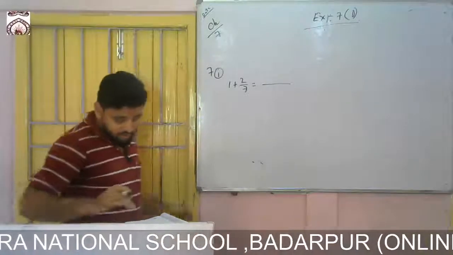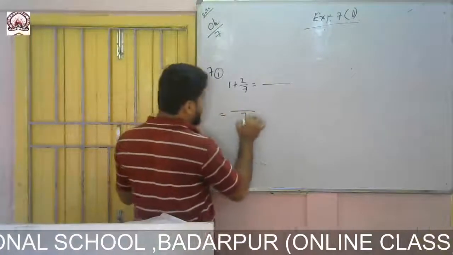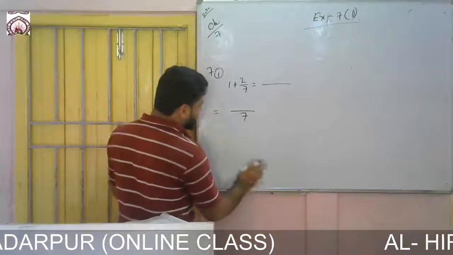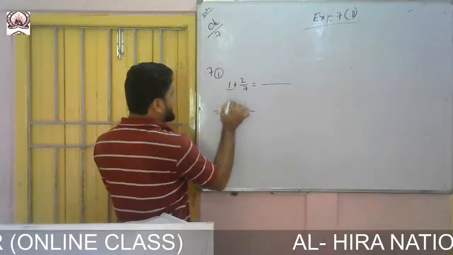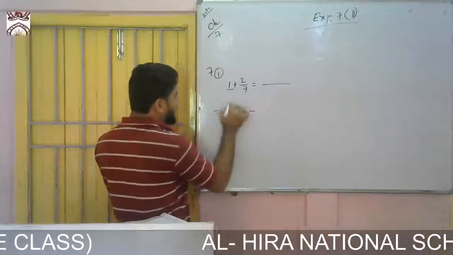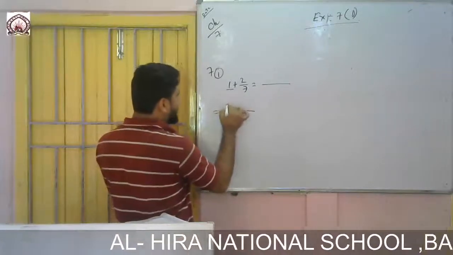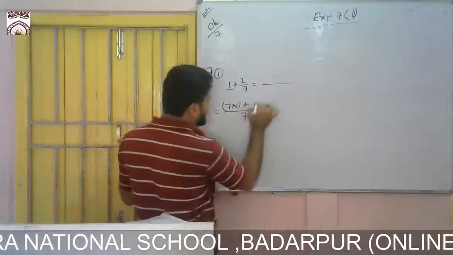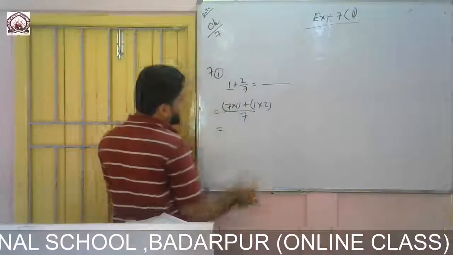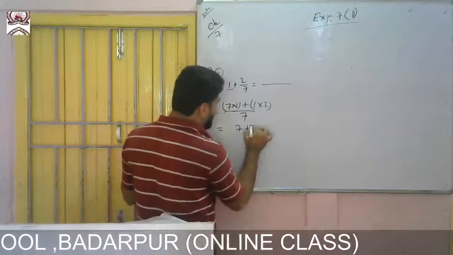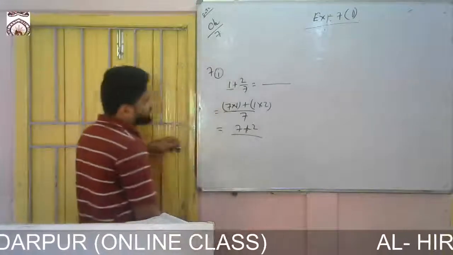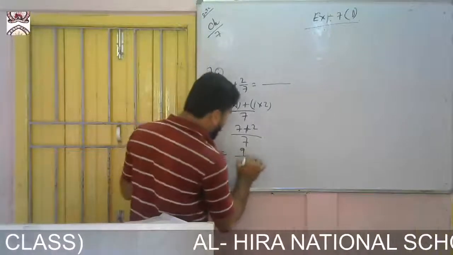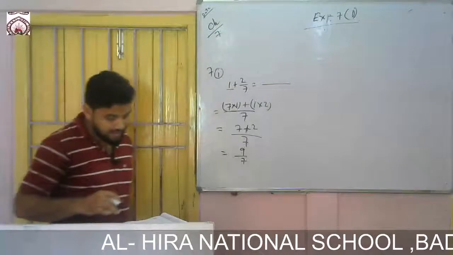So I'll solve only 2. Okay. So you see, if you take LCM, then here nothing is there, that means 1. So 7 1s are 7. So if you divide, then 1 7 is 7. So 7 into 1, plus 7 1s are 7, 1 into 2. So 7 1s are 7 plus 2 1s are 2. So here 7, it is 9 by 7.